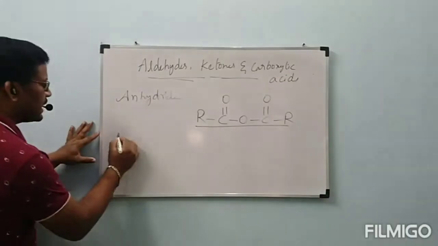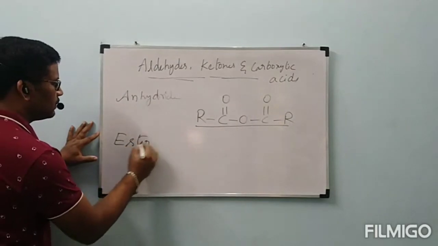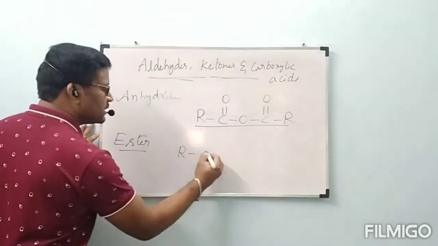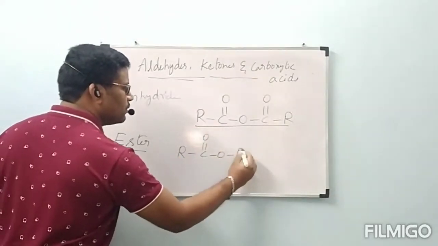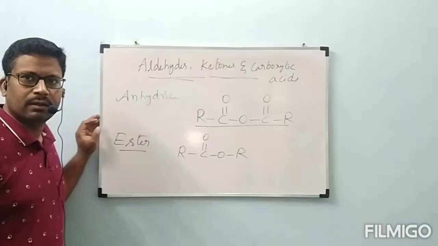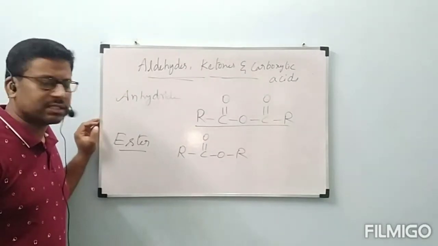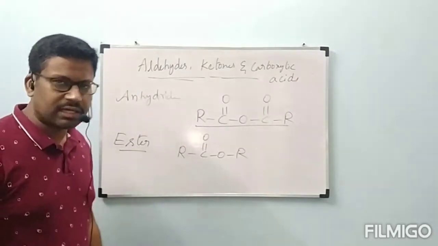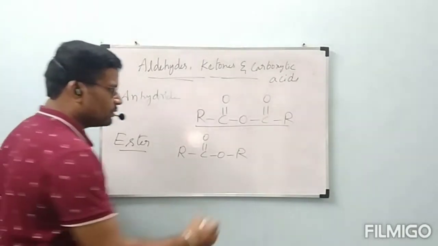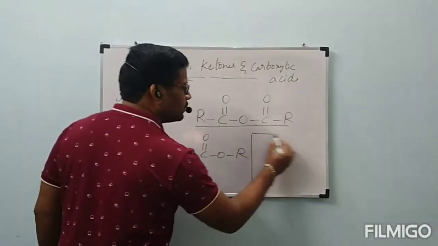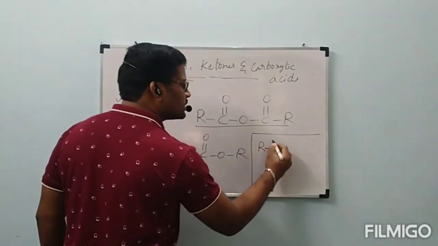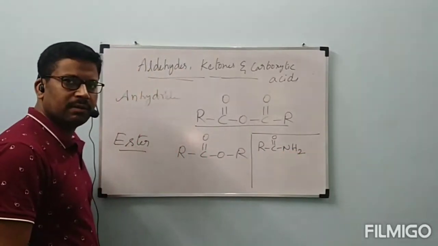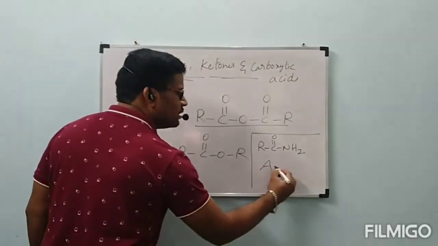Next, ester. General formula of ester is RC double bond O, OR. And two more are there which are treated as acid derivatives. Those are RC double bond O, NH2, which is called amide,